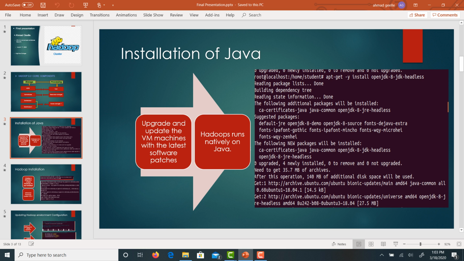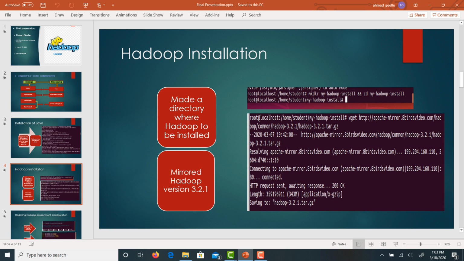Then I downloaded Java. It was Java 8 headless, because Hadoop runs on Java. Without Java, Hadoop will not run. When I installed Java